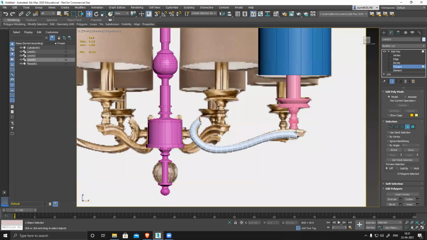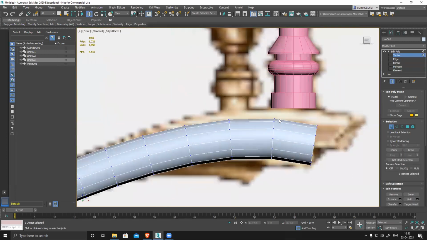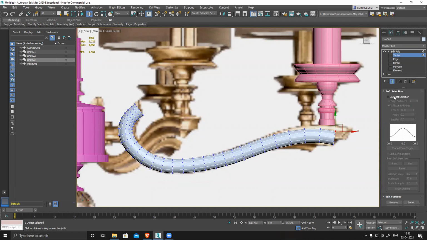Front again. Now I can see all the shapes. I need to match it with the required width and everything. I can do it manually one by one, but that will be way too tedious a task. So what I do is I'll select the vertices, and there's something called soft selection.